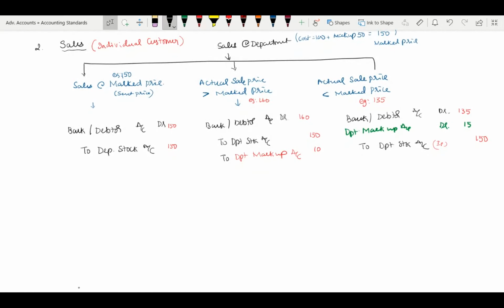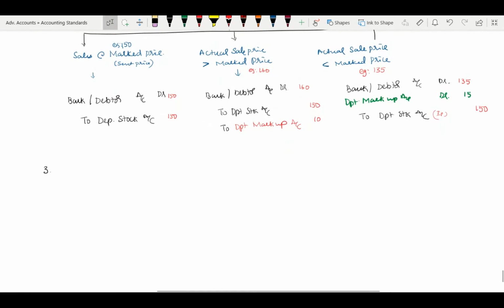Next, let's go to event number 3. Now look, goods purchased and goods sold, correct? Next, let's go to the other area: goods damaged, destroyed, or loss, which is nothing but abnormal loss. Correct? So here, abnormal loss, if it is goods destroyed or damaged, whatever it might be,